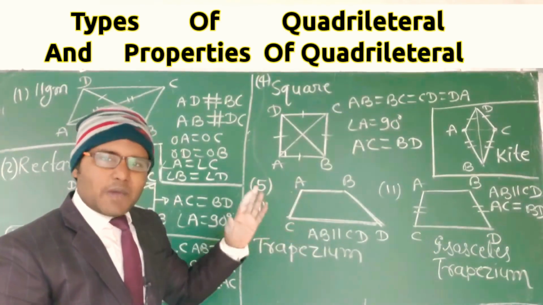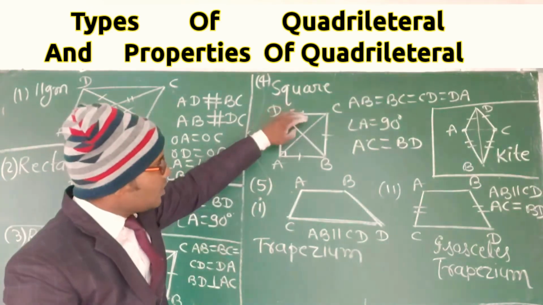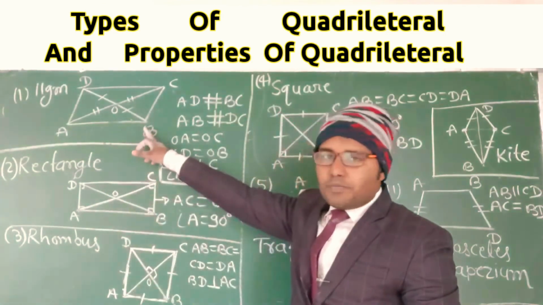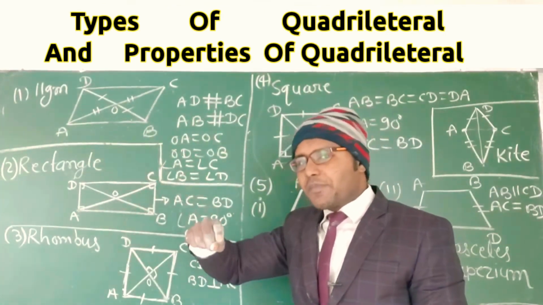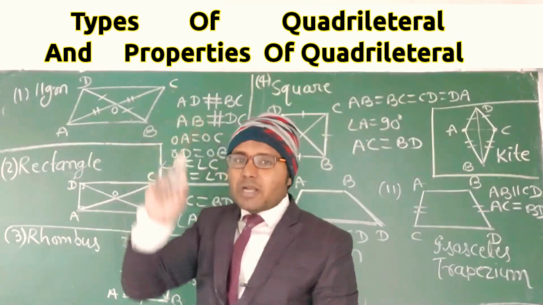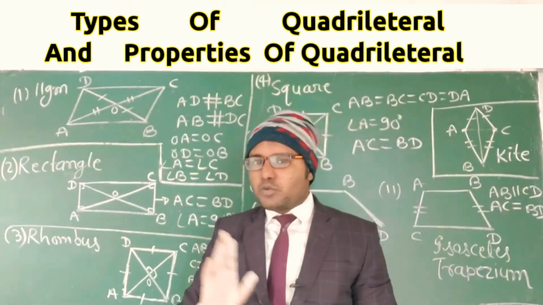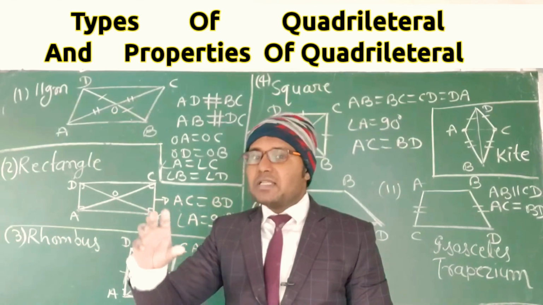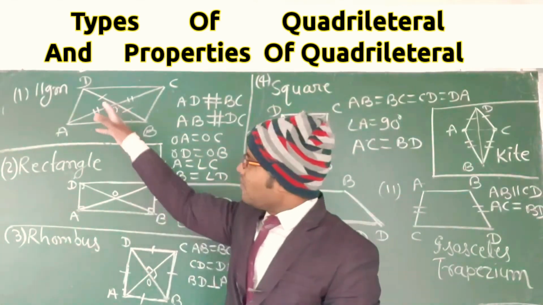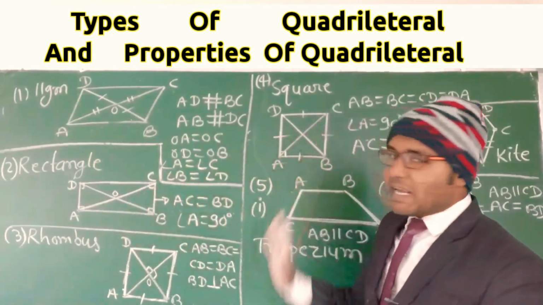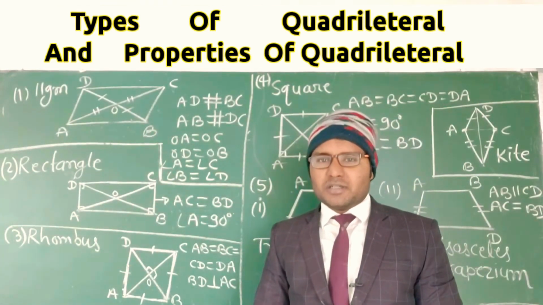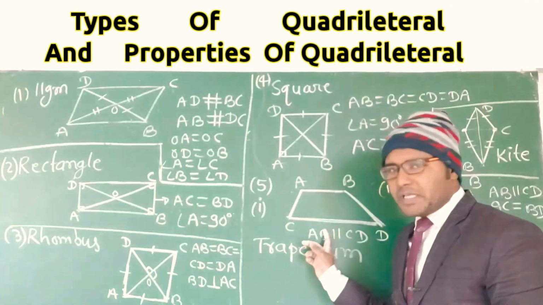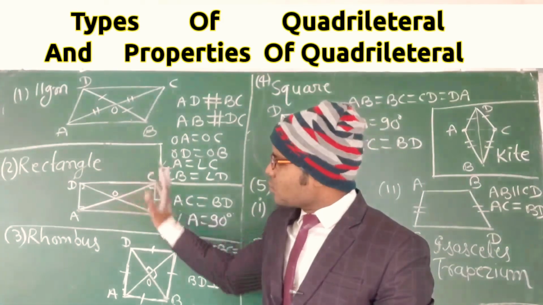Yes, this can fulfill all the properties of a trapezium because this is parallel to this. One pair of opposite sides are parallel to each other in a trapezium, and a square has DC and AB parallel, and a parallelogram also fulfills all properties of a trapezium because AB is parallel to DC. Only one pair of opposite sides are parallel to each other, then the quadrilateral will be a trapezium. And the figures parallelogram, rectangle, rhombus, square have both pairs of sides parallel to each other. That means one pair of sides are also parallel to each other. That means all properties of a trapezium are fulfilled by rectangle, square, rhombus.